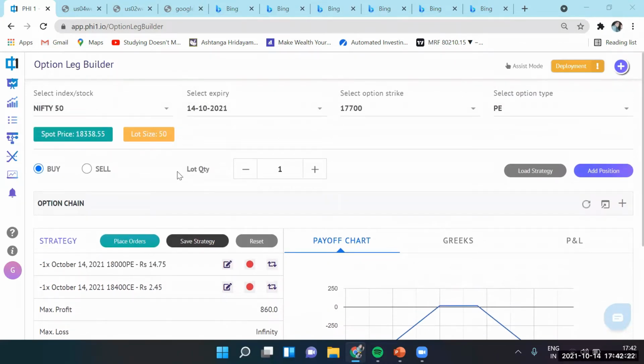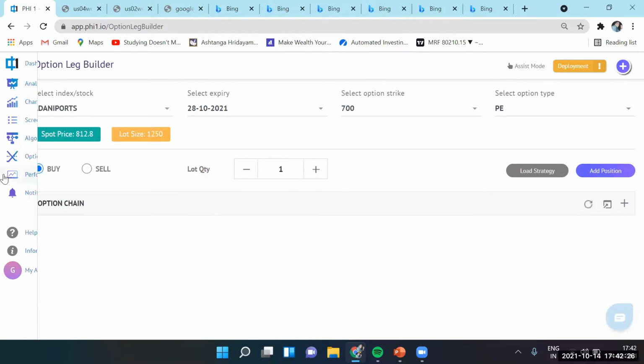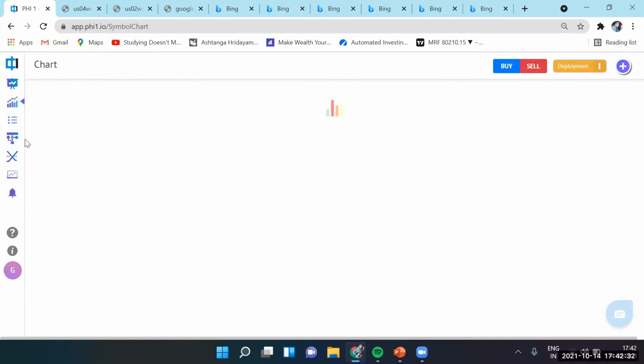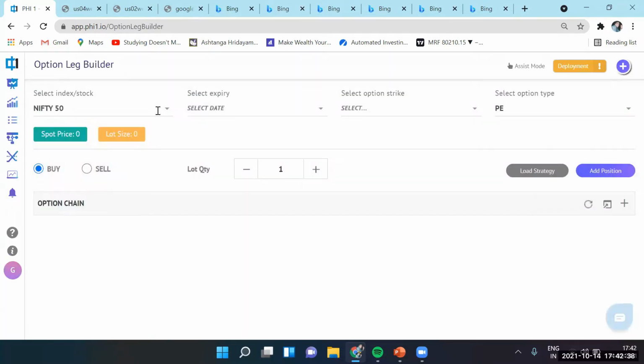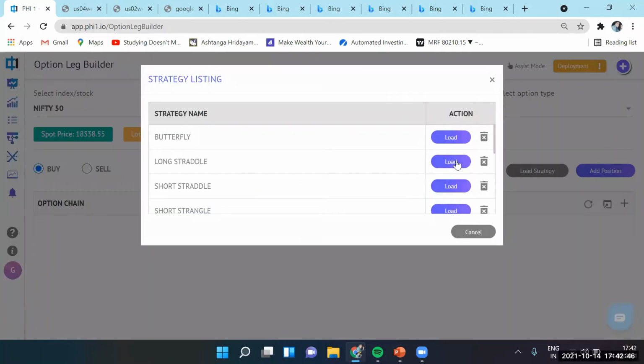Okay, let me change the instrument. Month end expiration, and now I want short strangle.